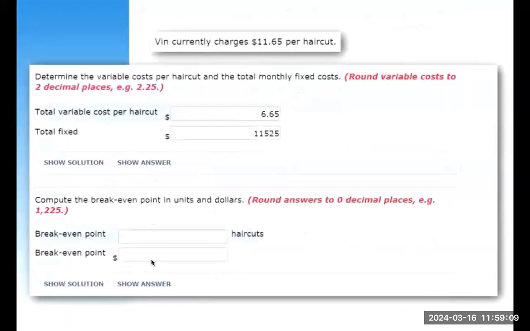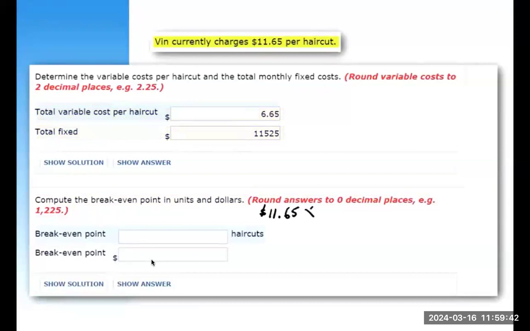The next part of this problem asks us to compute the break-even point in units and dollars. We'll use the information we're given regarding the price of $11.65 per haircut, as well as the variable cost of $6.65 per haircut, and the fixed cost of $11,525. So we can employ the equation approach, and if we write this out as an equation, we know that the sales would be